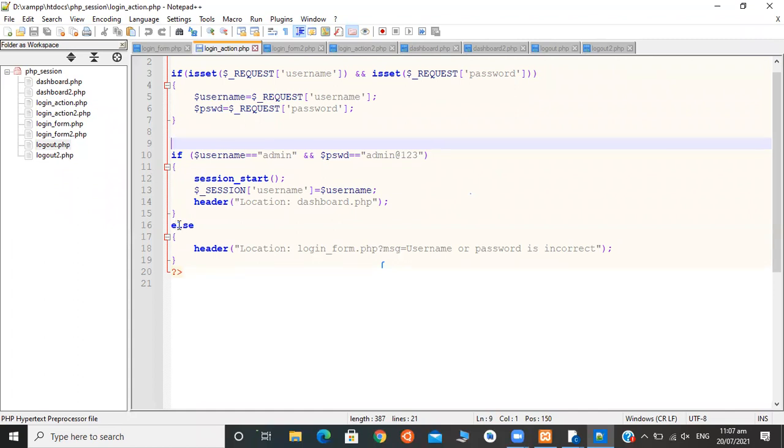Actually, I have written your else part. If a wrong password comes over here, it goes to login_form.php with the message username or password is incorrect.